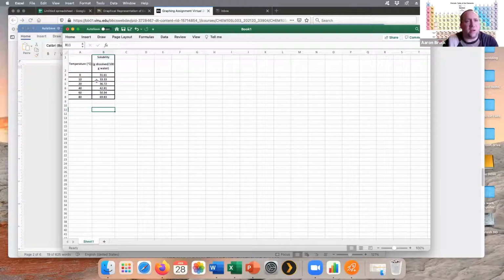Now, the other thing I want to do at this stage in the game is I want to tell Excel that these are actually numbers. Now, Excel does tend to assume things, but if we want to take into consideration things like significant figures, or we want to make sure that we are getting things calculated and that they're actually treated as numbers instead of text, what we can do is if we click on data here,